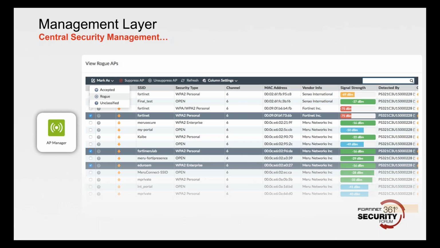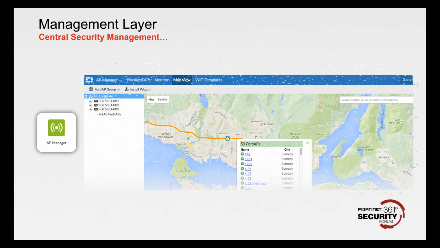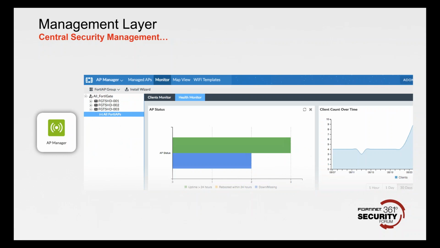It also allows you to go through and look at some of the reporting and the status of those access points. So you can do drill downs through FortiManager into a specific FortiGate and the specific access points within that environment. And there's some clever facilities where you can map the actual access points into some mapping as well, and that enables you to manage them from an uptime perspective and the health side of things as well.